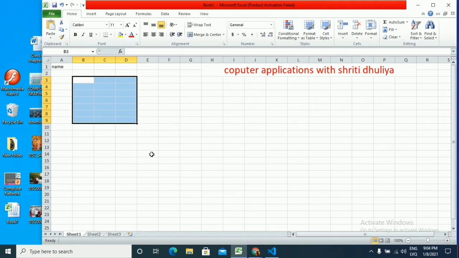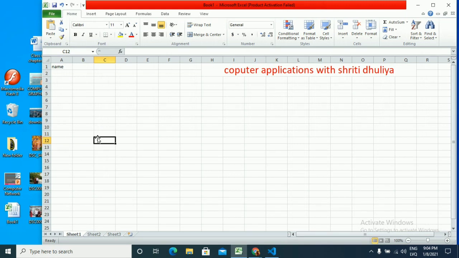Now, first of all, I'll tell you how you can select, because before doing anything over Excel, before doing any calculation, we need to select the cells in Excel. So I will tell you how you can select different cells, cell range, a row, column in a worksheet.